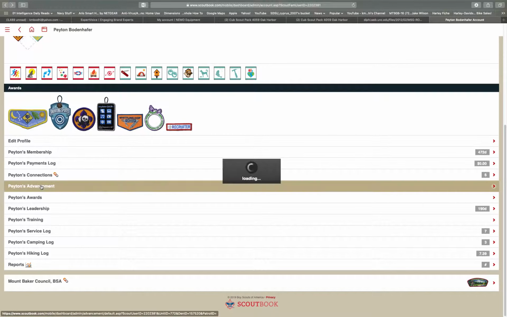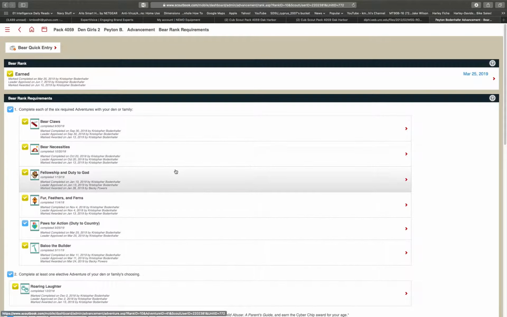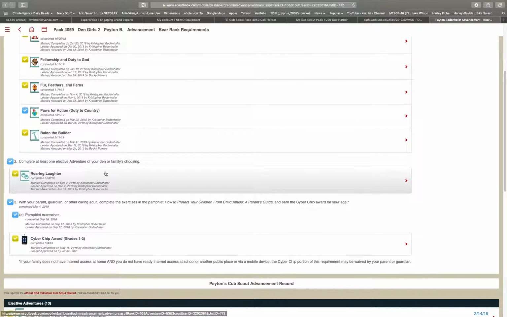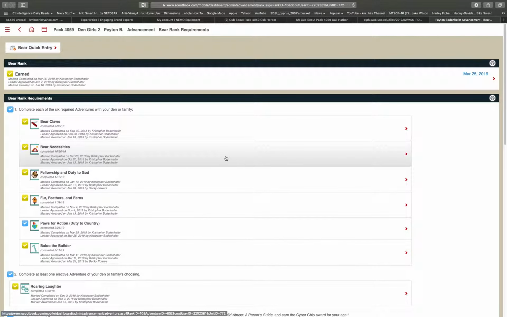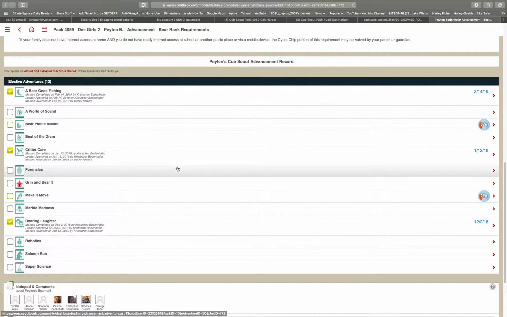Peyton's Advancement. This is what you click in if you, as the parent, work on some advancement with your child. She's a Bear, or was a Bear this year, and you'll see all of the Bear rank requirements located right at the top. Once the Bear rank is completely earned, it will automatically populate. And then down towards the bottom, you'll see